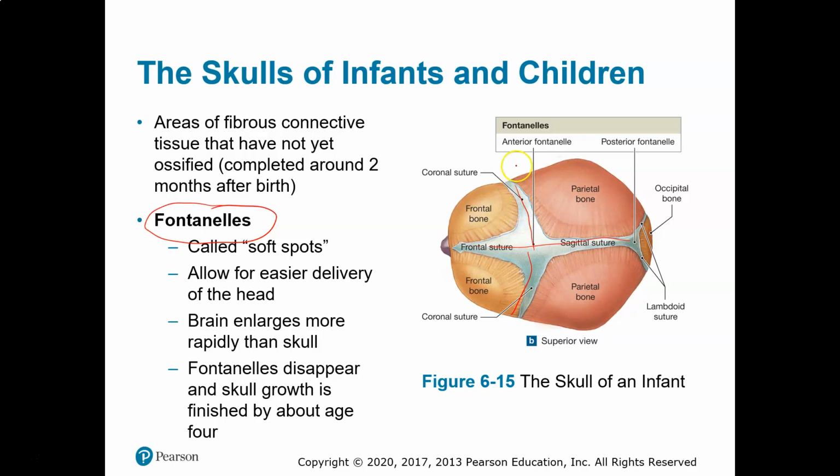So when the frontal bone comes together and meets with the two parietal bones, it will eventually form an interlocking joint called the coronal suture. And then there won't be a frontal suture, but there will be a sagittal suture that joins the two parietal bones to each other. And then there will be a lambdoid suture that separates the parietal bones from the occipital bone, and you can't see the squamous suture from this point of view,